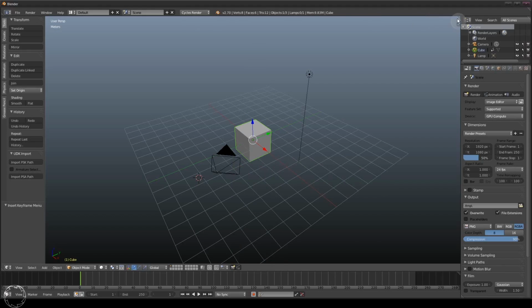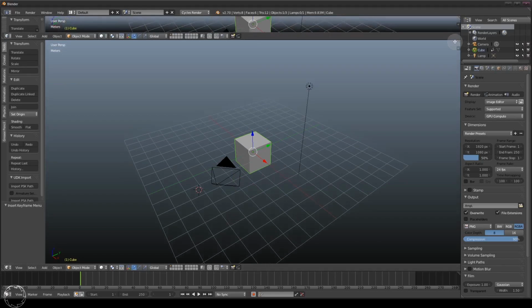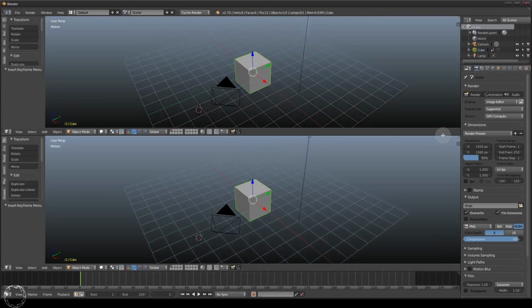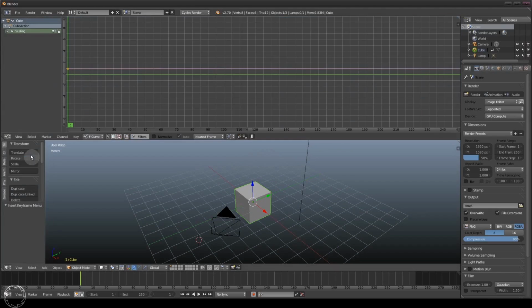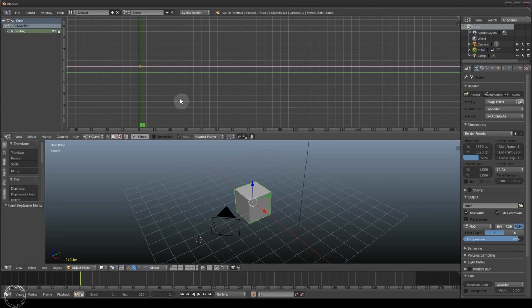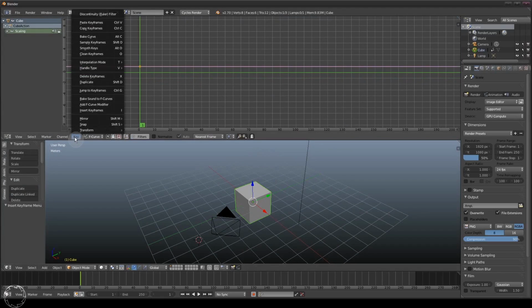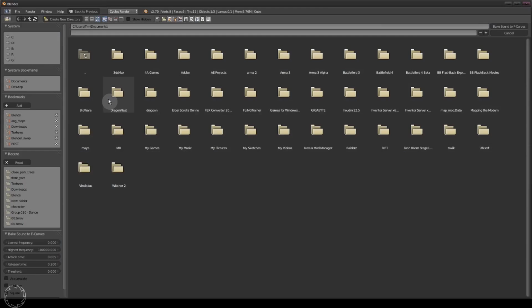Then I'm going to click and drag the little top thing to split the view into two views. Change it to graph editor. Now we've got our IPO curve here, and I'm just going to go Key, Bake Sound to F Curve, and I'm going to find my sound file,